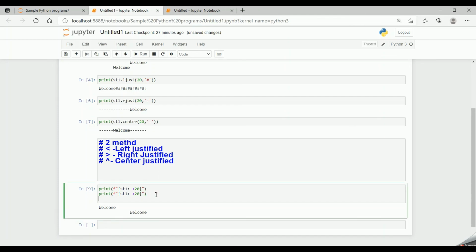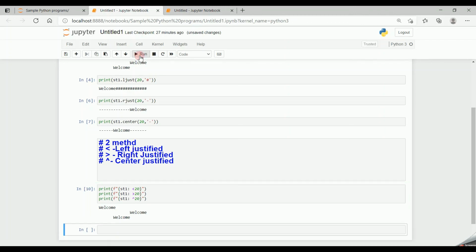Now if I want to align it to the center, I give print f double quotes braces st1 colon exponential 20, braces close, quotes close. Now if I run the code, welcome will be center aligned.